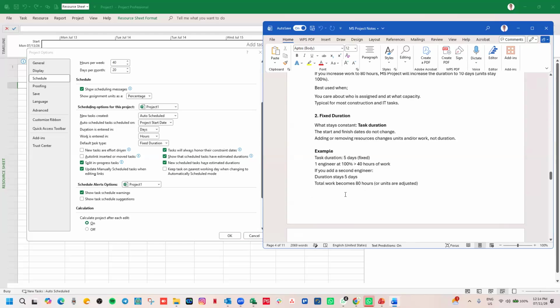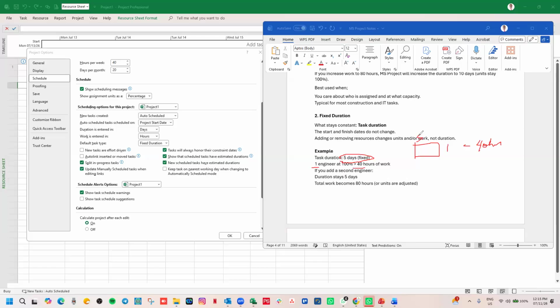Are you following? One engineer, we have duration 5 days, fixed. So it means that with one person working full time, this particular task is taking 40 hours